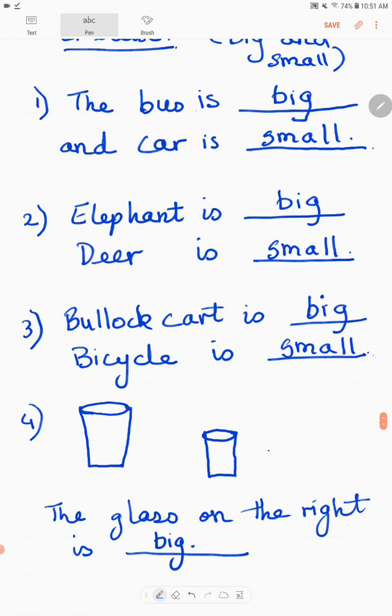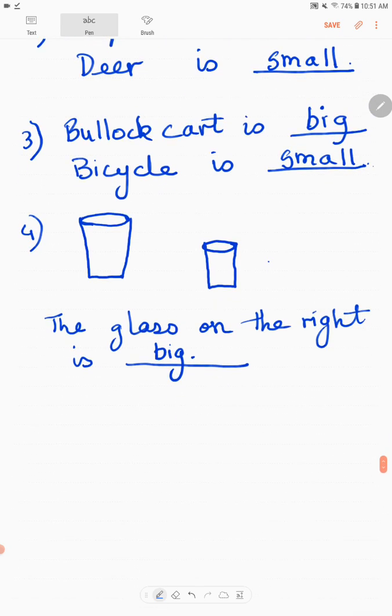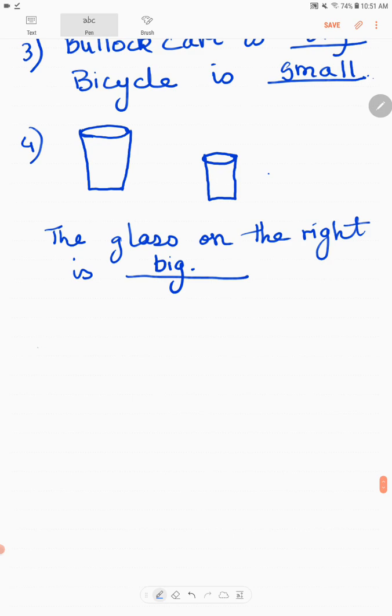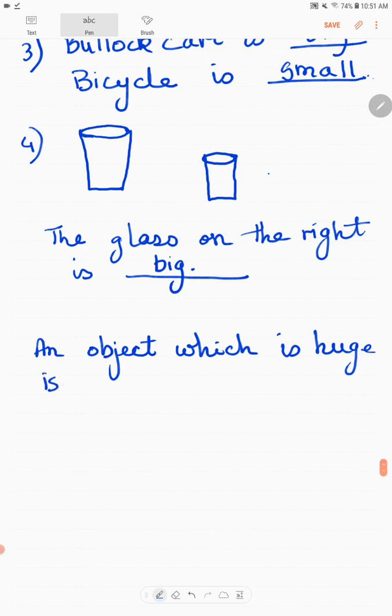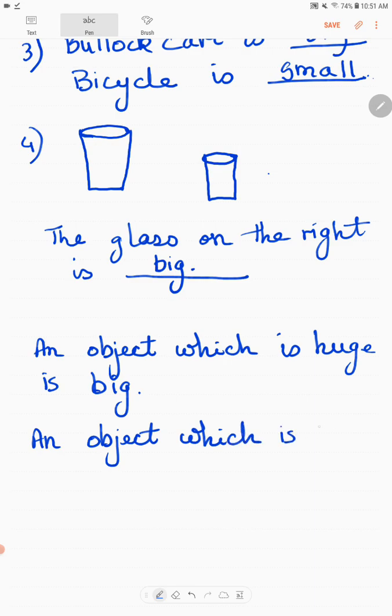So an object which is huge is big, and an object which is tiny is small.